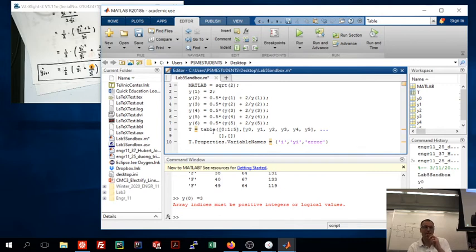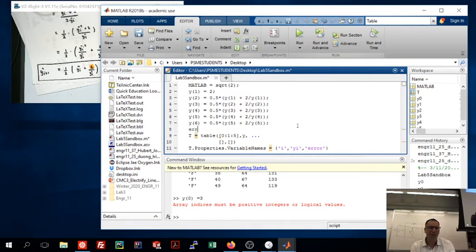Because these don't, what iteration is 1? Iteration 1 is the 0th value, right? And now this could just be Y. And then check this out. Error is going to be the absolute value of y minus